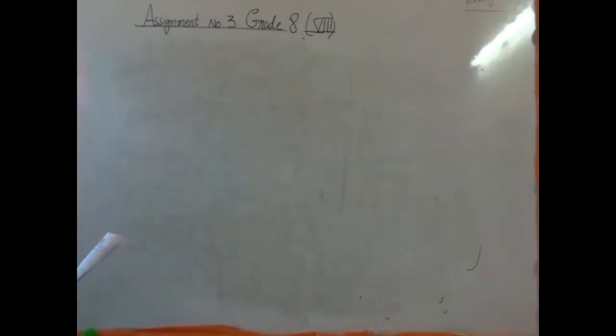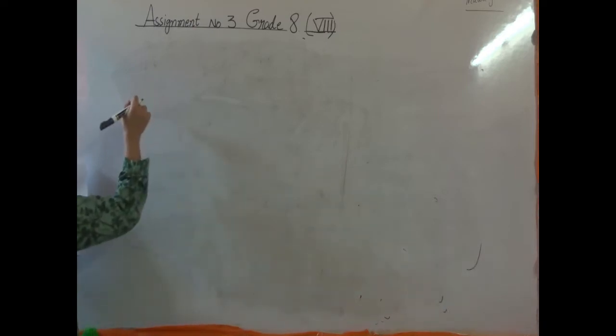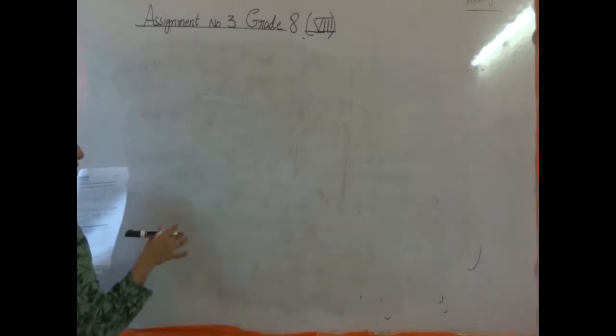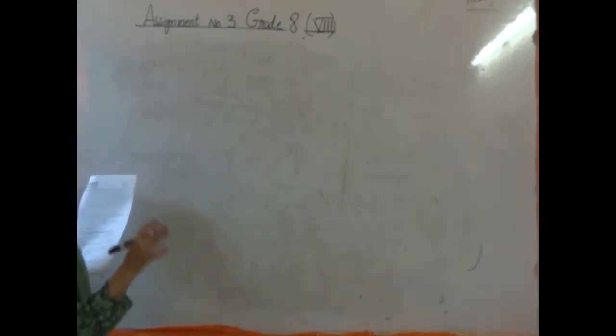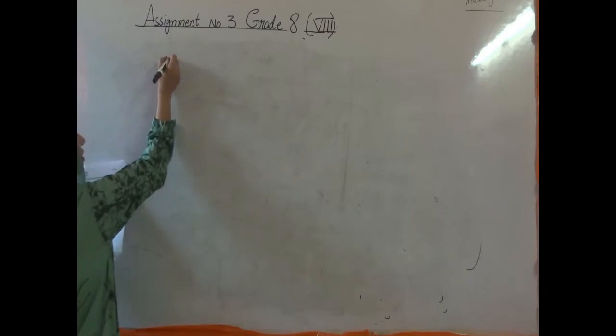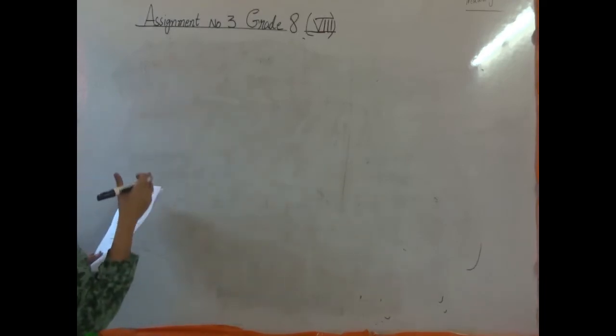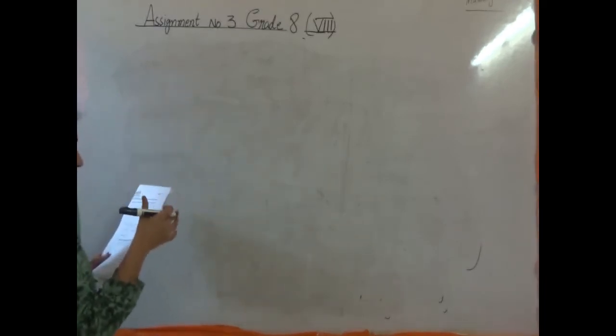Okay, beta, after addition and subtraction, as we have already done the associative law and commutative law, the next question is question 1. They are asking which of the following matrices are conformable for addition. So as beta, keep in mind that we can add two different matrices if the order of those matrices is the same. Fine.